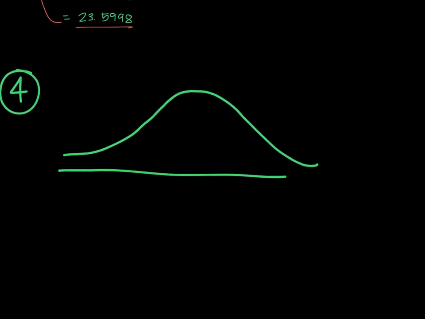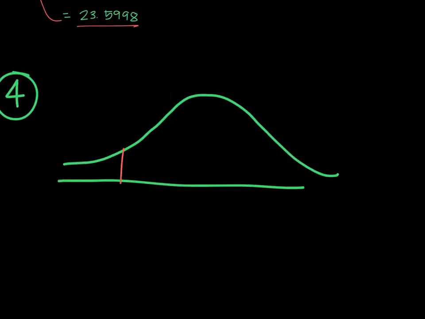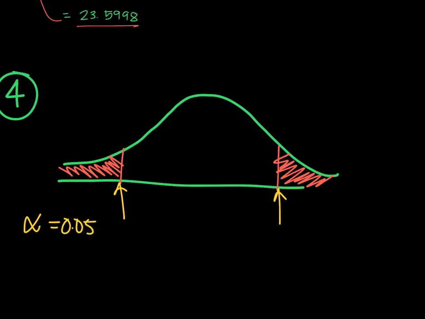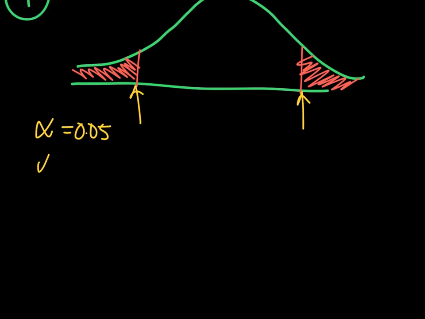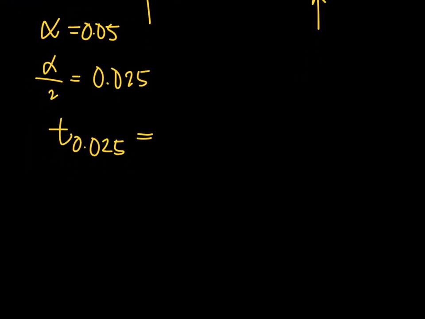So number 4, so let's do that here. Left tail and then right tail, and we need these critical numbers which are based on our alpha. Our alpha is 0.05, but since we have two tails, we have to divide it by 2, so 0.025. We're doing a t-test, so we need to identify what is our t of 0.025. So we refer to our t table,